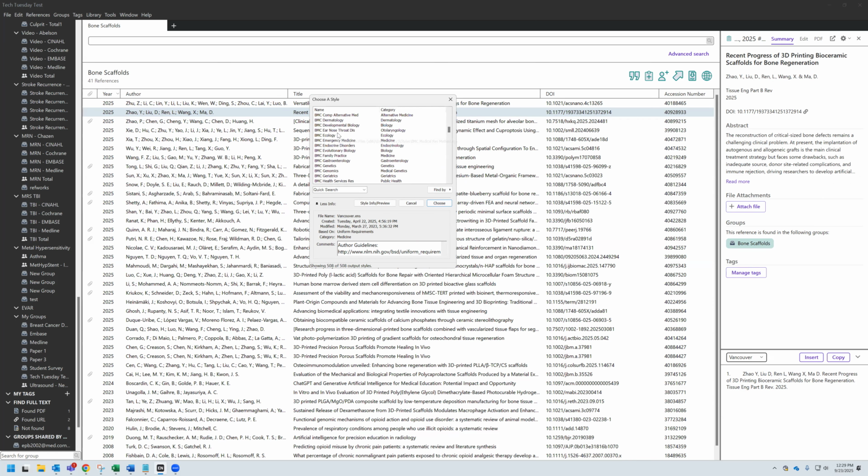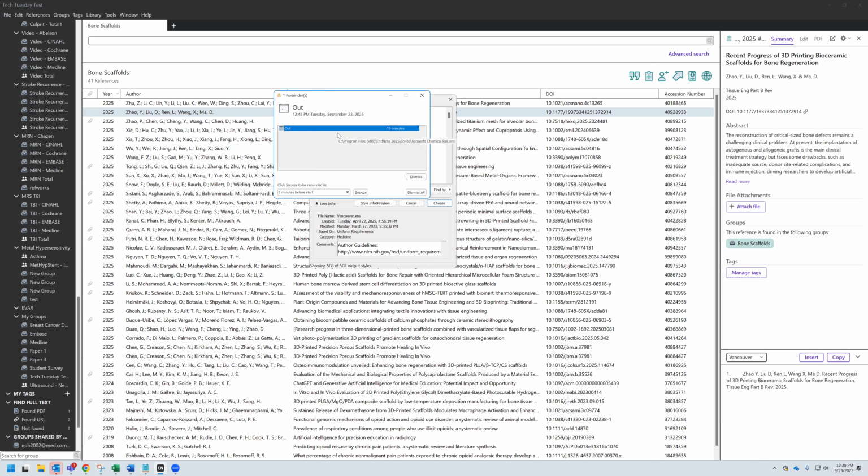Again, we'll talk more about that on the Word integration side of things. If your journal's not in this list, you can search online. So just do name of journal, EndNote style in Google, and you'll typically find it if someone's made one for you. But occasionally you have to edit an existing style and just tweak it